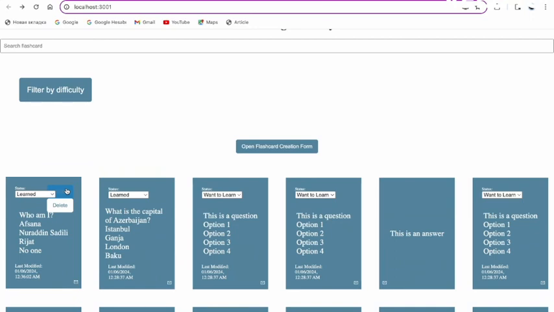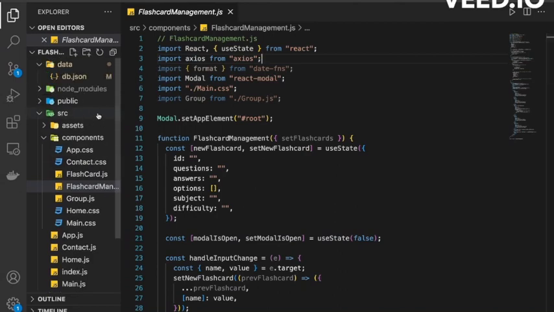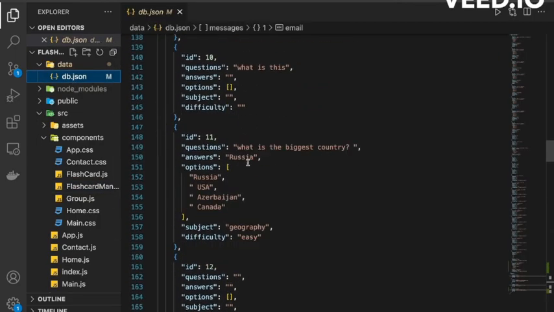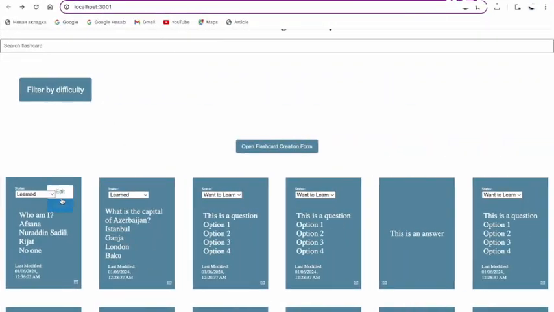And let's talk a bit about the backend side. In my backend, I use the Axios library to fetch from the database, let's say just a JSON file. I had experience using Axios, but that time I was using Express.js, and whatever I was doing in Axios was a real backend, and I was able to fetch the data from the database. But now, since it is, let's say, some sort of fake database, I can't really, to be honest, edit